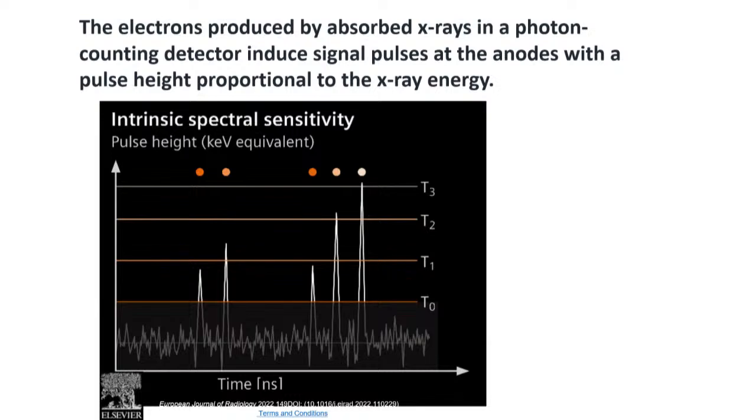So that's a main, immediate advantage of photon counting CT. You're going to improve your image quality. The second major advantage is that now you are able to detect photons of different energy, okay? Because high energy